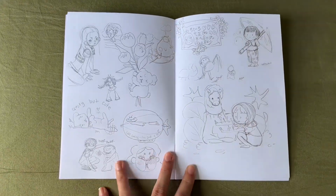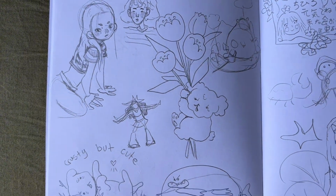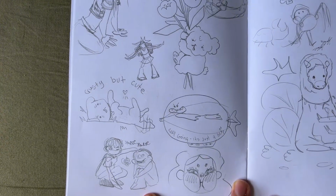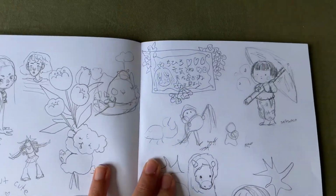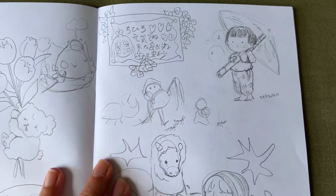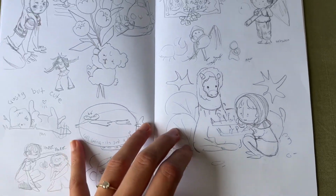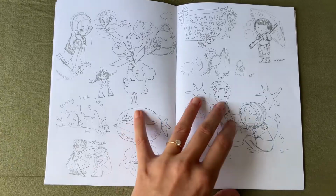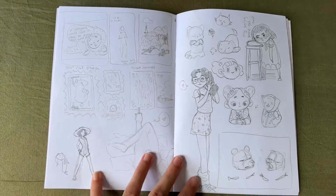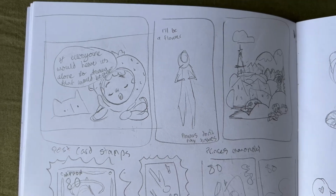But that's what I really like about sketchbooks, is you can do some proper, full-fledged drawings, you can do some doodles, and it's also a great way that I plan out any upcoming projects without getting too overwhelmed by dedicating a whole sketchbook to it or anything like that. Yeah, so this is just some stuff out of my mind, just little doodles. Obviously the ones at the top of the page are from some Ghibli films, and I was just getting back into the flow. Here's some more of what I was talking about, in the sense of just putting some ideas